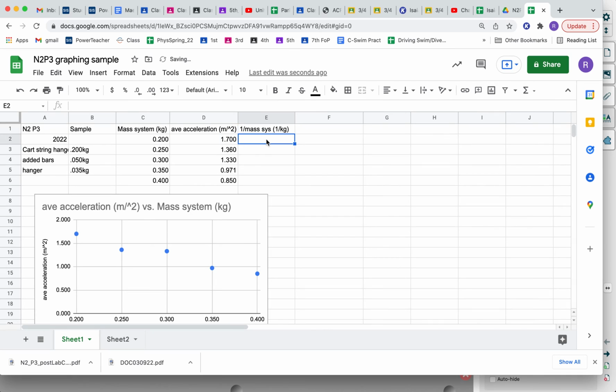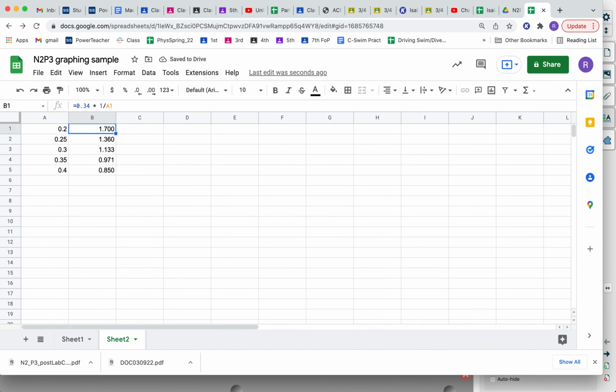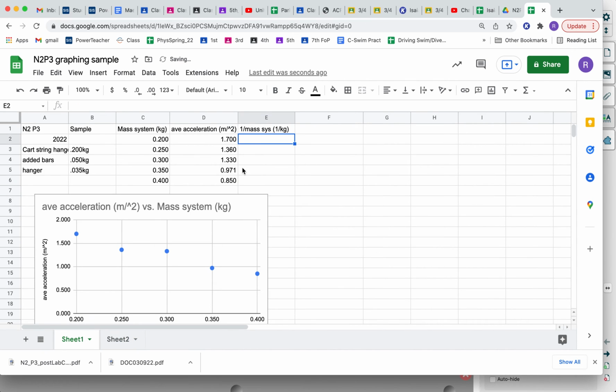So you can either pull out a calculator and do 1 divided by this value and punch it in, and 1 divided by this value and punch it in, or we can teach the computer how to do it. To teach the computer, you click in the cell below the title and type in equals, and that's saying, hey, I want you to calculate the following thing. You type in the number 1, the forward slash, try that again, 1